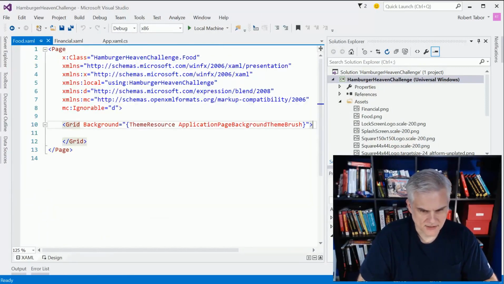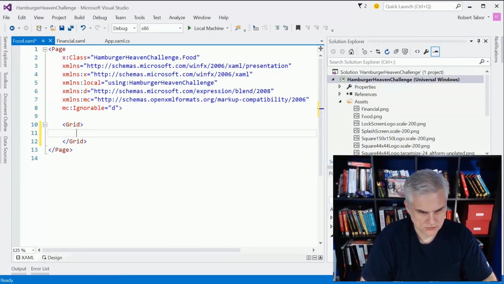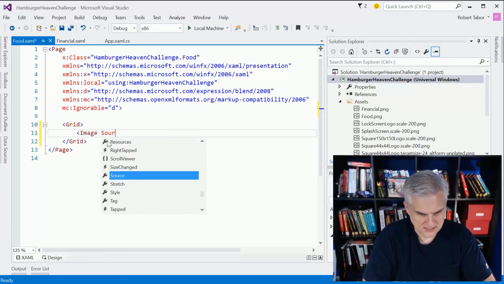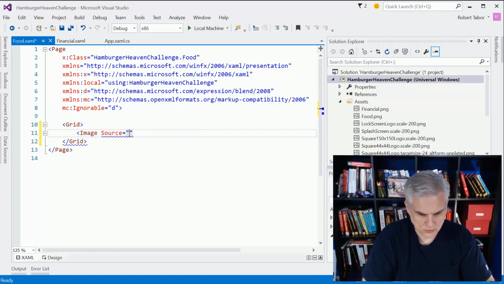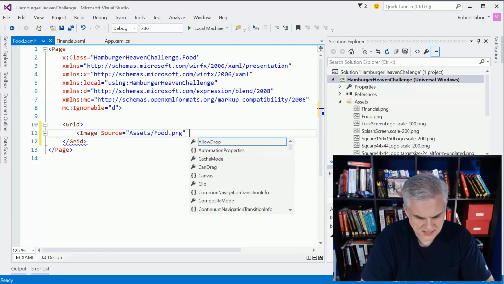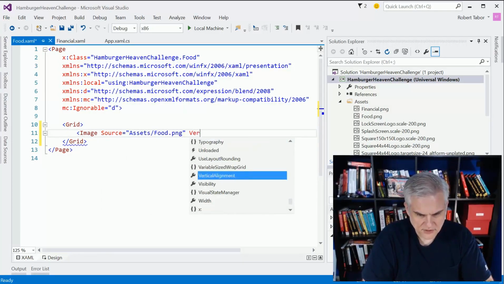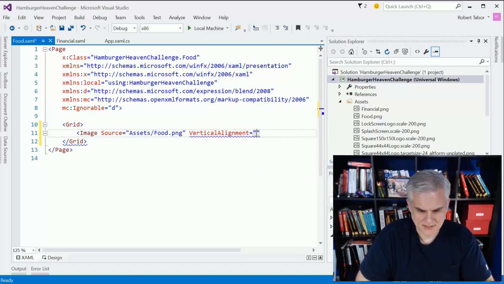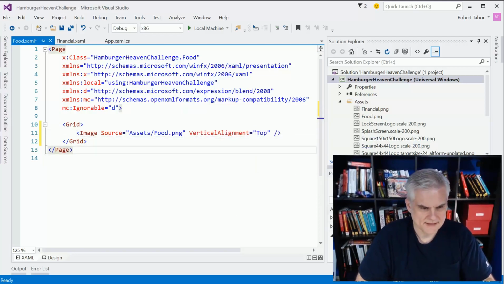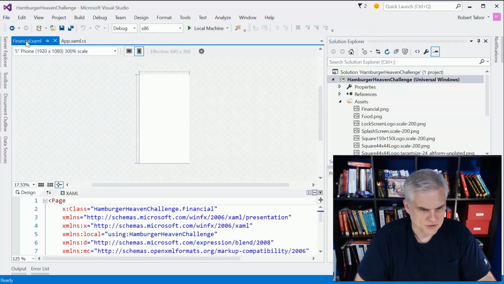Alrighty, and inside of here, I'm going to get rid of that. I'm going to add an image control. I'm going to set the source equal to assets, and this is food.png. And then I'm also going to set the vertical alignment equal to top, just to make sure that it butts itself up against the top. That's all I should have to do for food.xaml. And then we'll do the same thing for